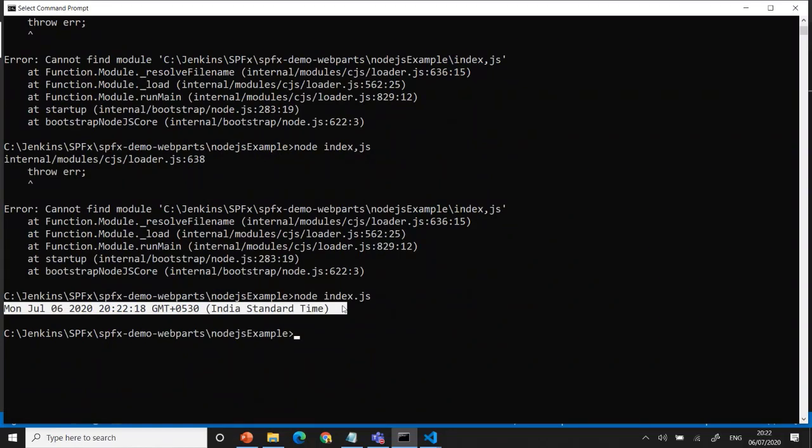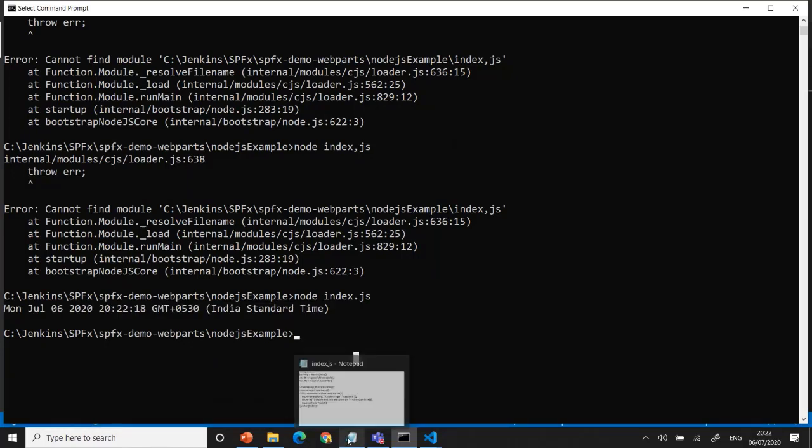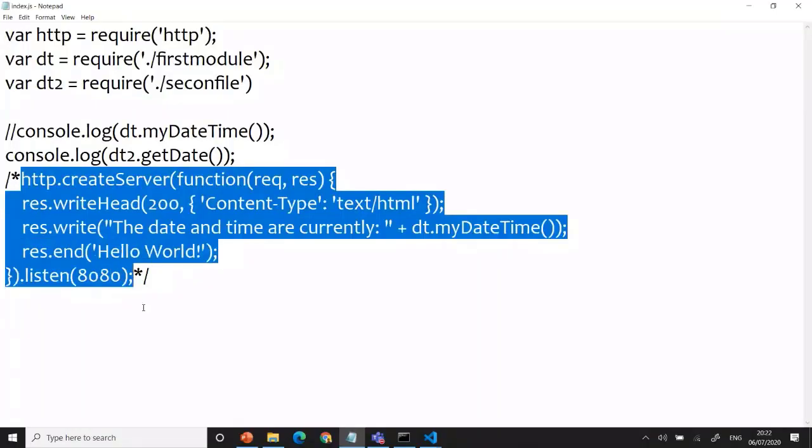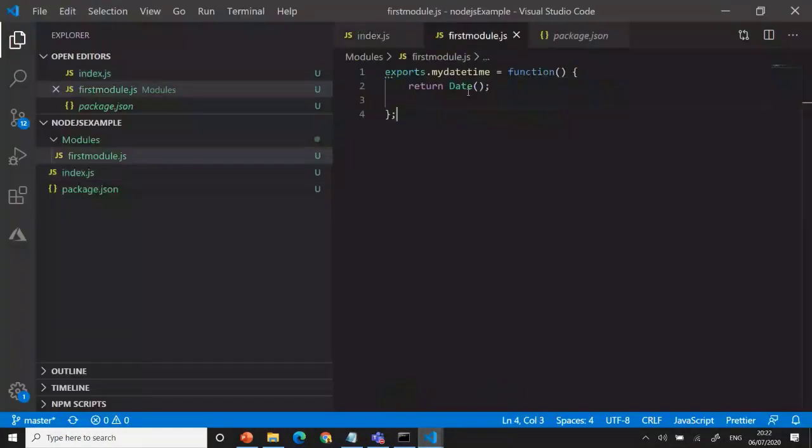We can bring that same thing in the browser if you want to make it in a browser. You can use the HTTP syntax. Okay. You can use this syntax. It will bring the HTTP in the browser. It will load in the browser. Same like that, if you want multiple methods you want to call together.